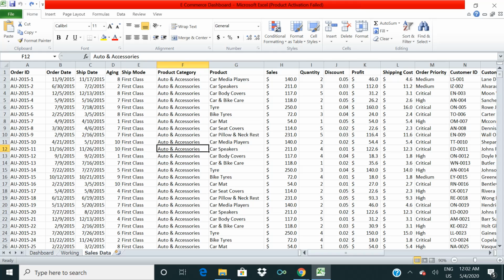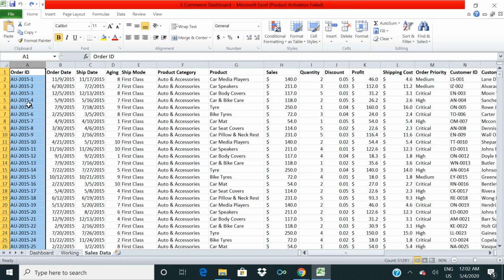Today I am going to show you how to find duplicate values in an Excel sheet, and also I want to show conditional formatting on a particular column. So first, let's see how to find duplicate values in a column. Here in this Excel sheet I have an Order ID column. Just select this Order ID column.